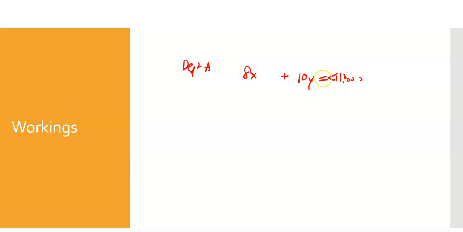I'm just going to call this equals to. You can call it equals to or less than, because I might not use all of them, because you have the other departments